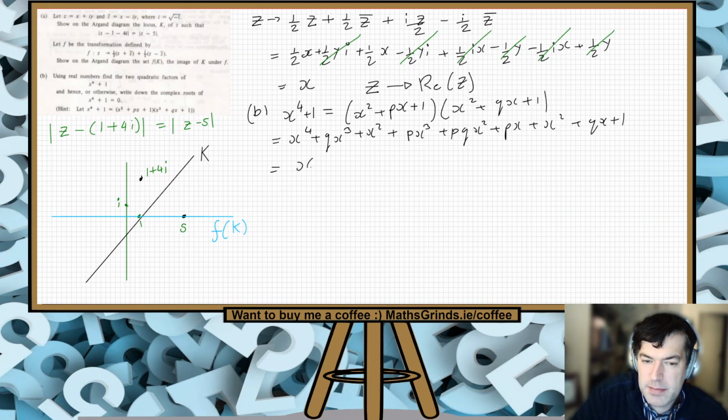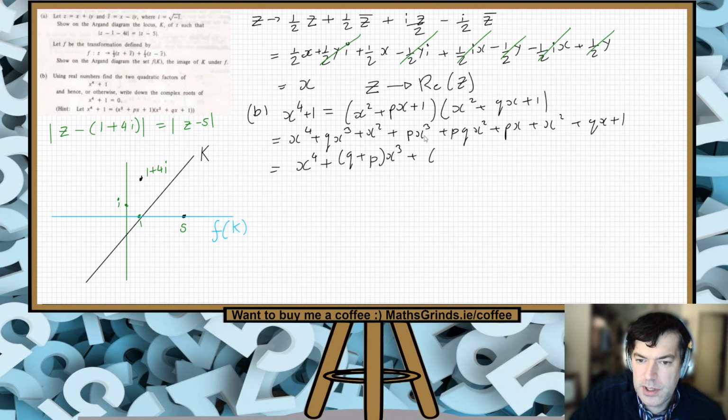So that's x power 4 plus (q plus p) x cubed plus (2 plus pq), that was the mistake I made last time,